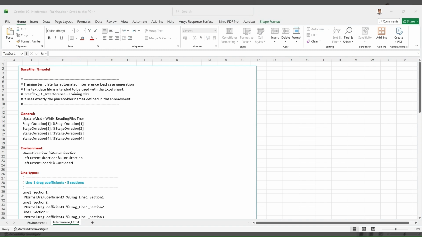The template also updates the general simulation stage duration. These stage durations are used for the prescribed vessel offset motion. The spreadsheet provides values for stage duration 1, stage duration 2, stage duration 3, and stage duration 4.